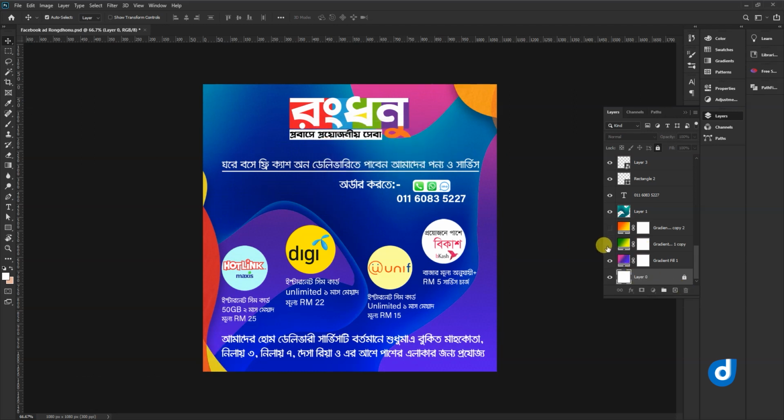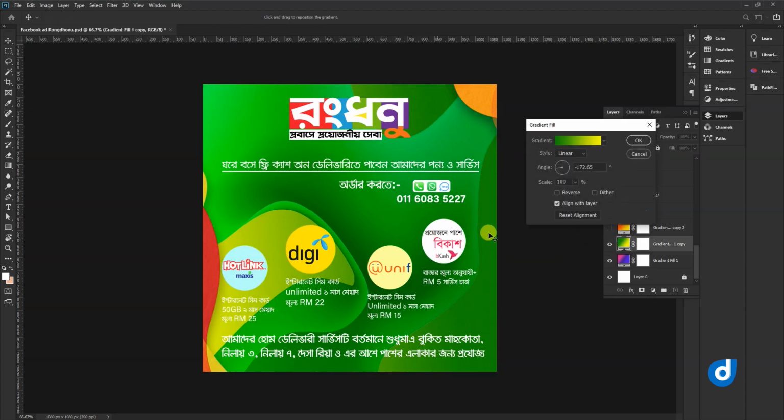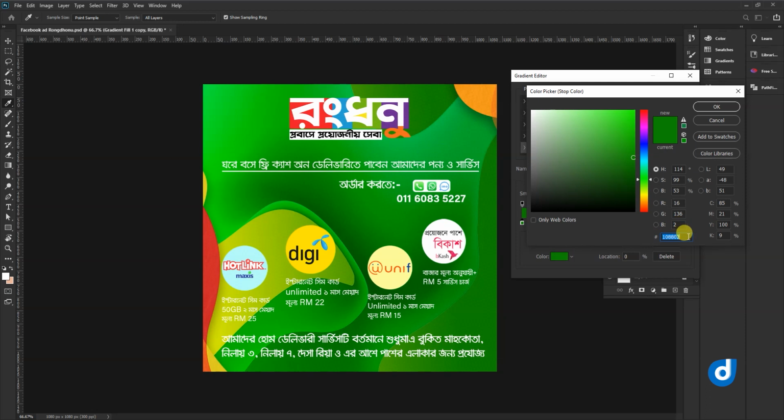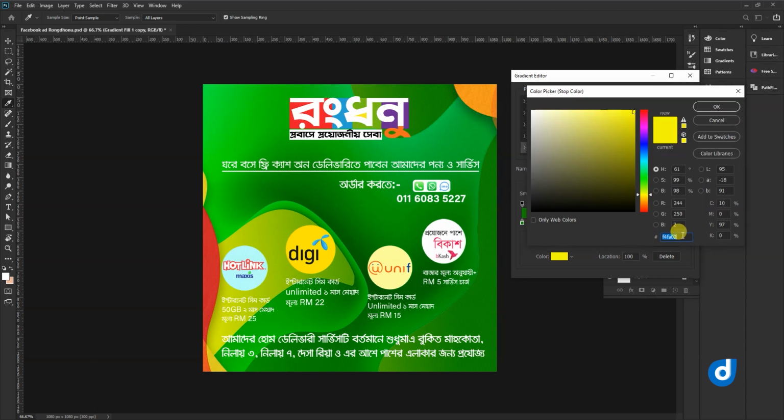Then if you want this kind of gradient, there are two gradients. Click on that. Now write it down: 108802, and the other is F4FA02.